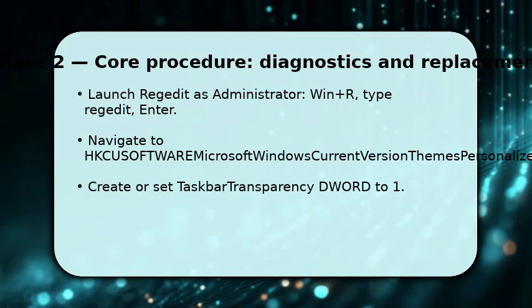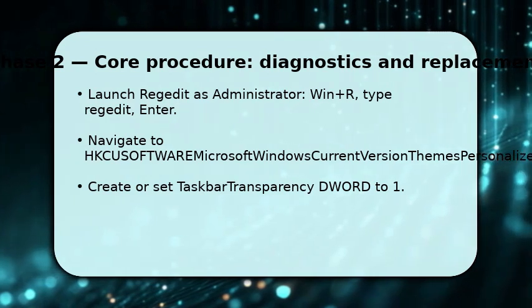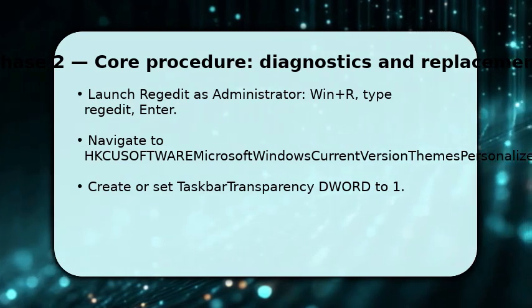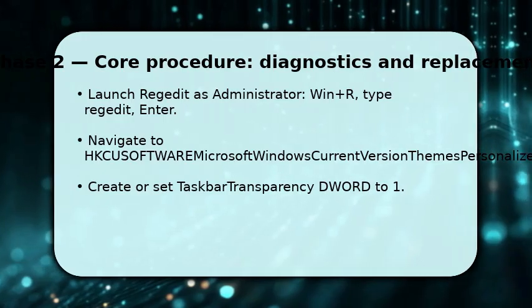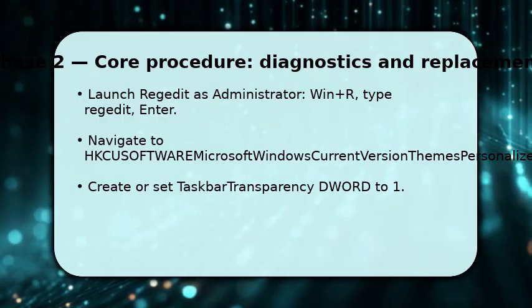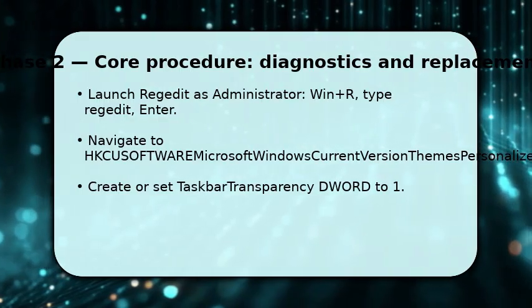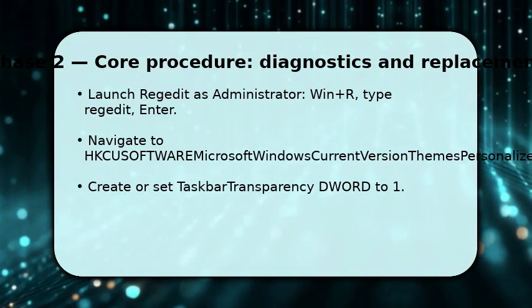You now edit the registry to force toolbar transparency. Open Regedit as administrator and navigate to HKCU\Microsoft\Windows\CurrentVersion\Themes\Personalize. If TaskbarTransparency doesn't exist, create a new DWORD 32-bit named TaskbarTransparency and set its value to